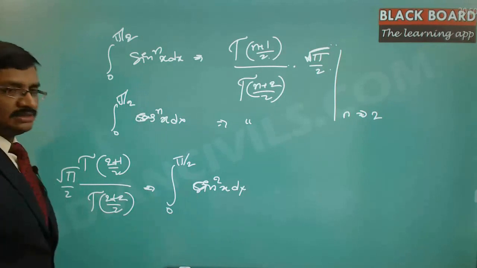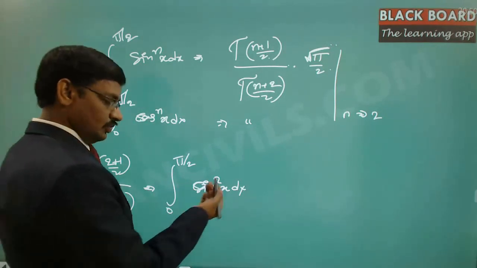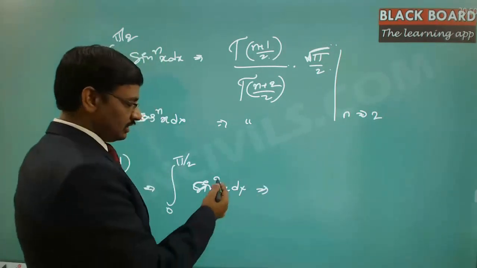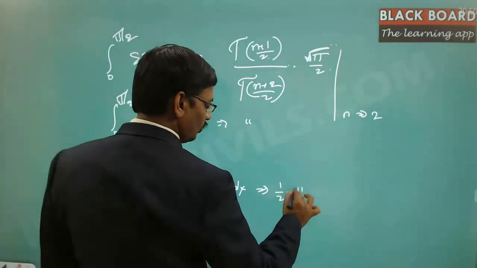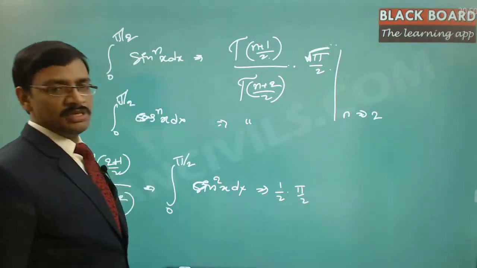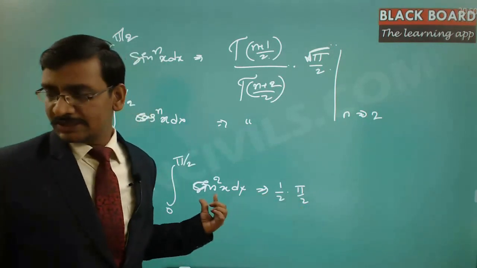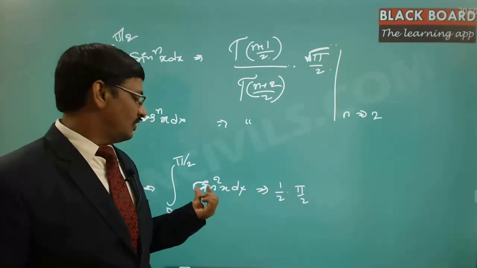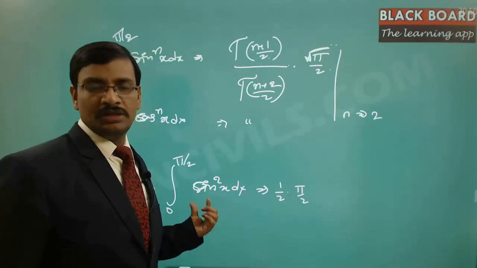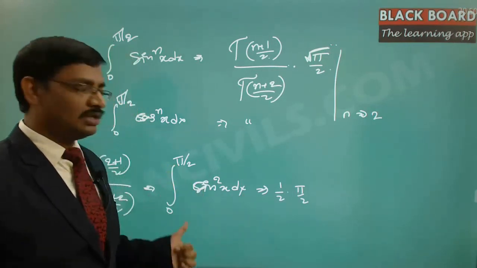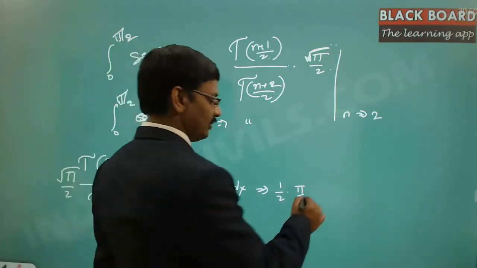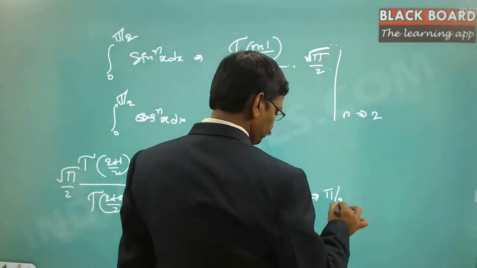And you know that this is a definite integral. This value you can straight away calculate. This value is going to be 1 by 2 into pi by 2. This is from the basic property of the integral. I just put the direct answer, but you can still solve this. Sine square can be expressed as (1 minus cos 2x) by 2, and then you can solve that integral and substitute the limits. You are going to get this value of pi by 4, and this value is pi by 4.